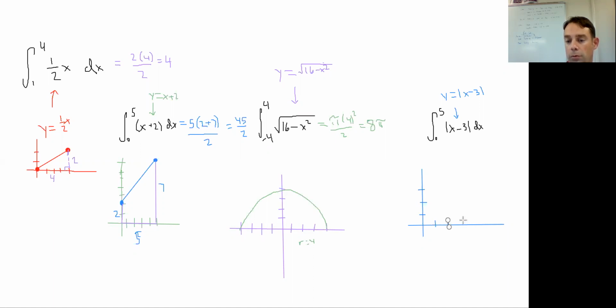Two, 3, 4, 5. All right, so if I plug 0 in, I get the absolute value of -3, which is 3. It's going to hit the x-axis at 0. If I plug 5 in, I get the absolute value of 2. So when I graph it,